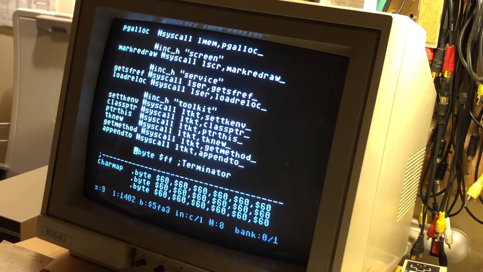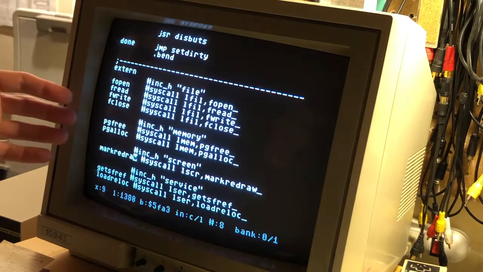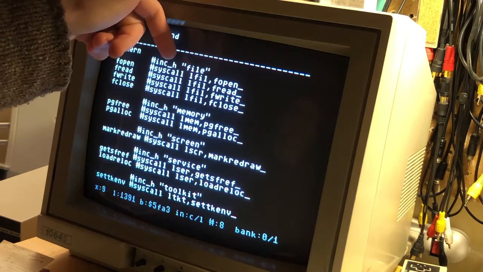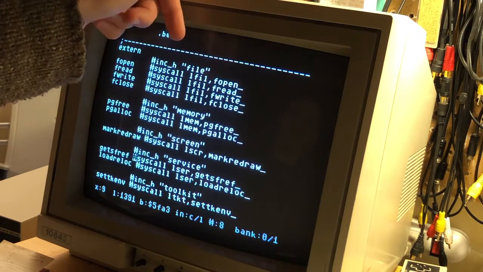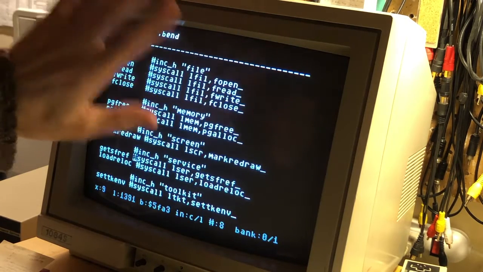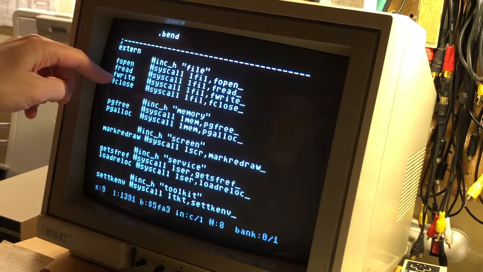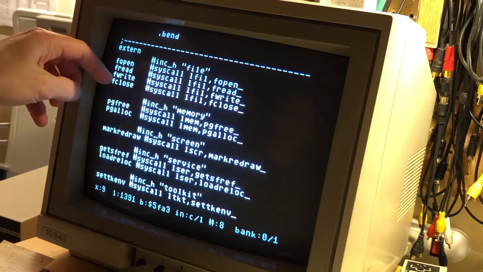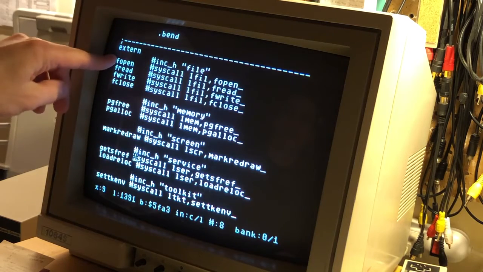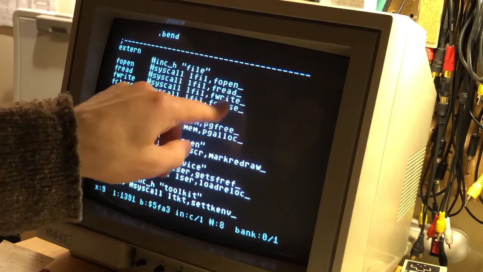Okay, so this is basically a kernel linking table. The way that it works is you use inch and the name of a kernel module, and you get the header for that module. If you don't need the module or any of its calls, you don't do this. So we need to be able to call fopen, fread, fwrite, and fclose. They all come from the file kernel module. So we go inch file, and then we write these syscall from the lfile module, and the same name here,